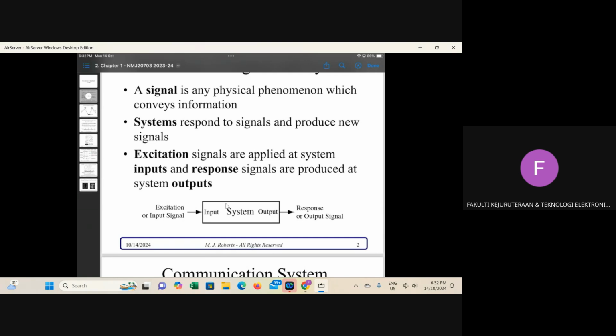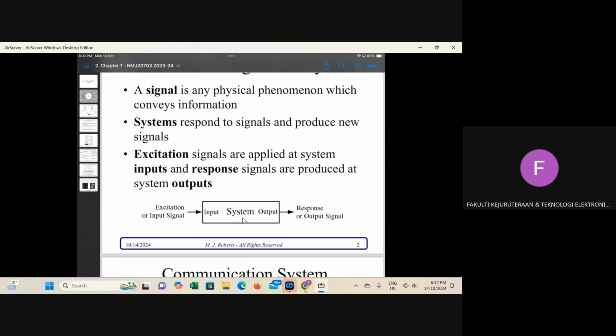Anything that goes into this system we call a signal, or input signal, or excitation. The input signal, which has information, goes into the system, is processed, and produces a new signal that comes out as output. We call that the output signal or response. This is the association between system and signals.